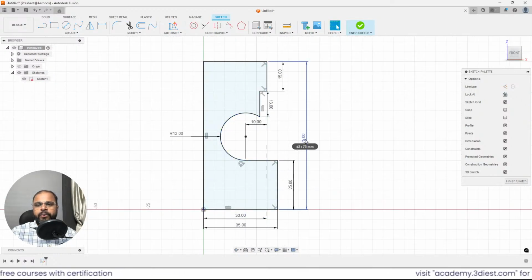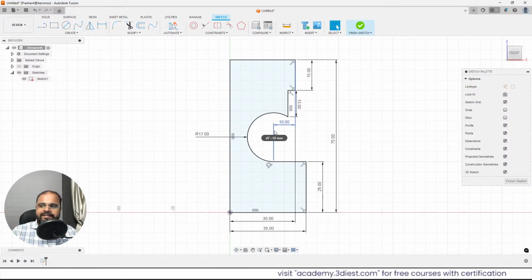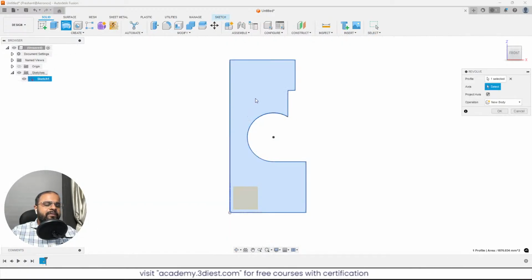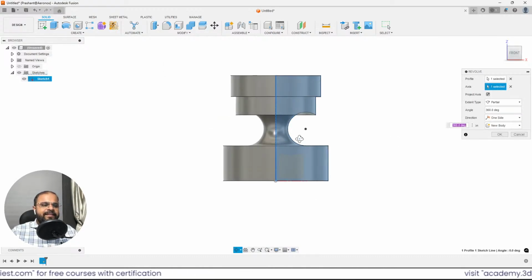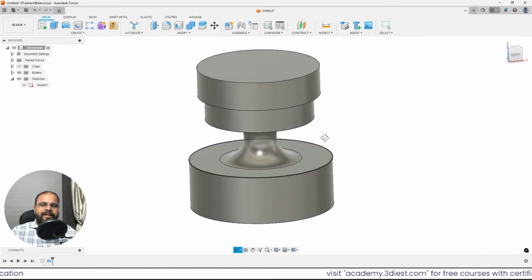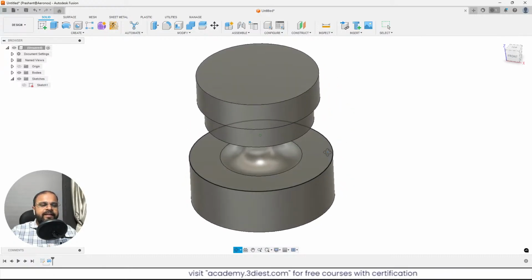Now if I want to create some 3D model out of it, again very simple task. I will go into my solid space, activate this revolve tool, select this closed profile, and then the axis will be this vertical axis. And here you can see we are getting something in 3D. This is not a practical object or shape, it is just a preview, it is just a tutorial object. And again